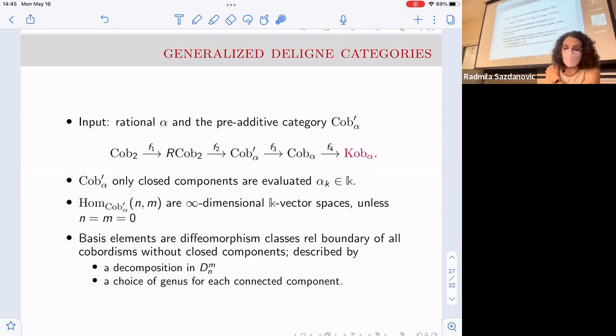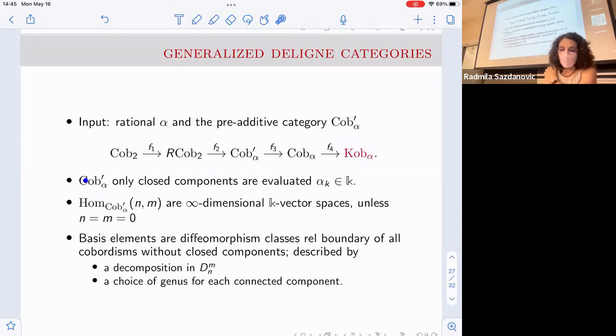So these are things that we had before, right? We have Cob2, linear combinations of morphisms, evaluation here, quotient by negligible morphisms, and then we had the additive Karoubi closure. So if we take as an input this rational alpha and this Cob alpha prime that we already had,